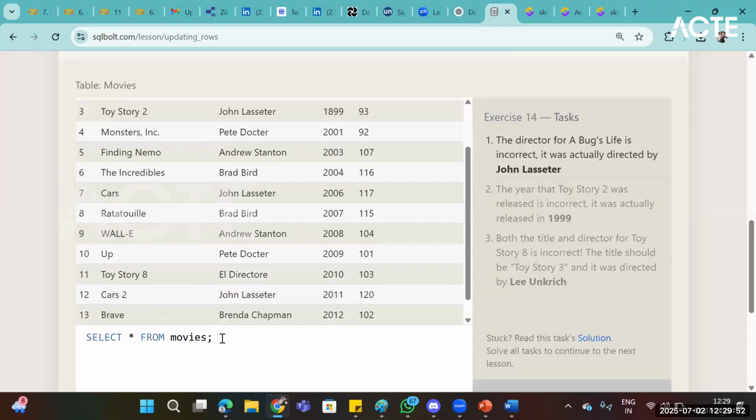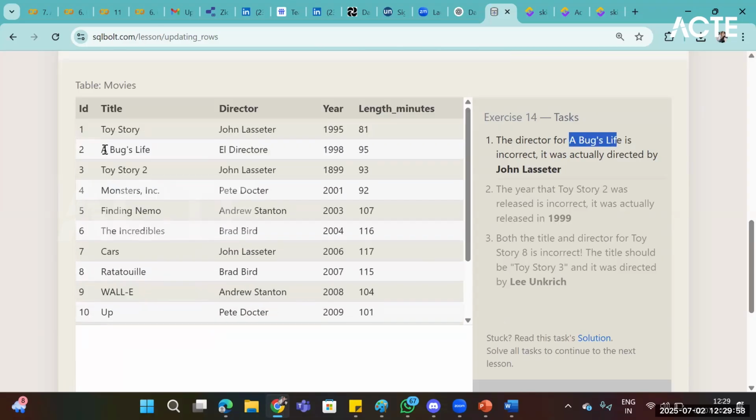So in this update, see here, I will give you A Bug's Life. Okay, where is A Bug's Life? A Bug's Life is incorrect. It is directed by John Lasseter. So it is incorrect data, right? It is not directed by the listed director. It is directed by John Lasseter. So to correct this data, I use update